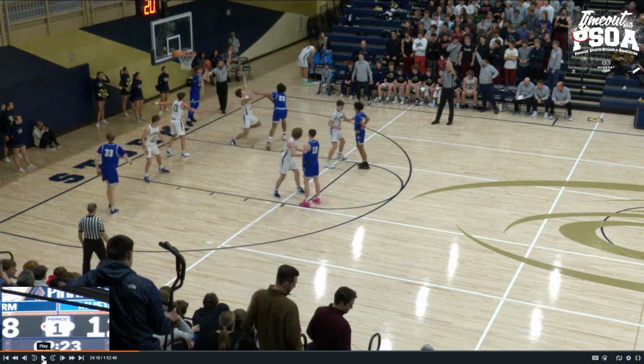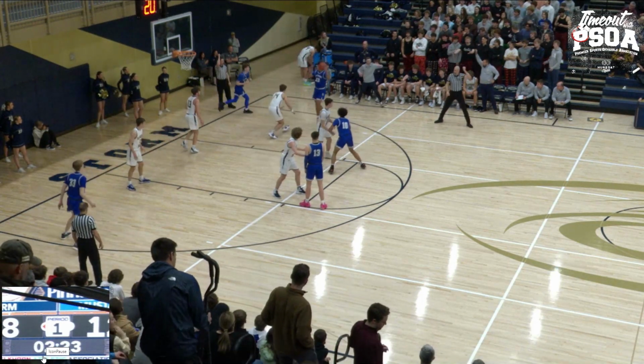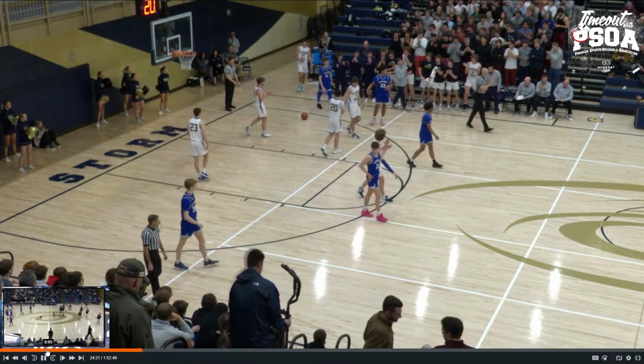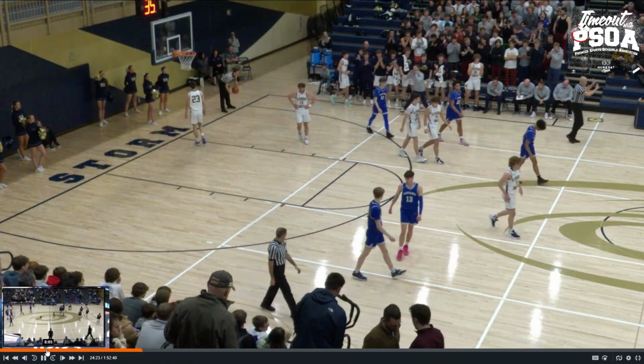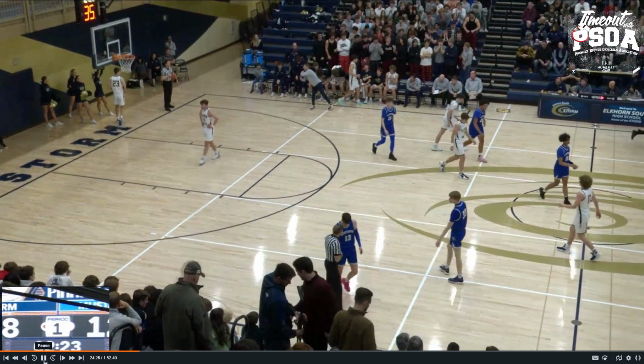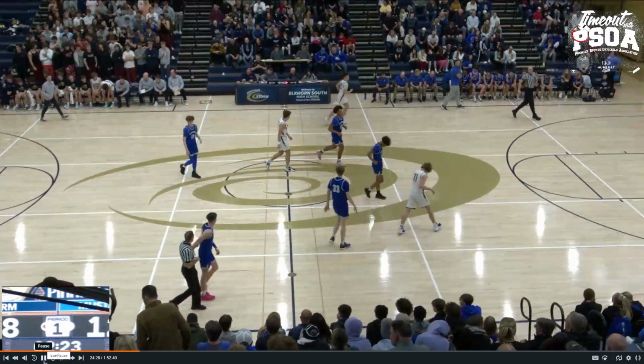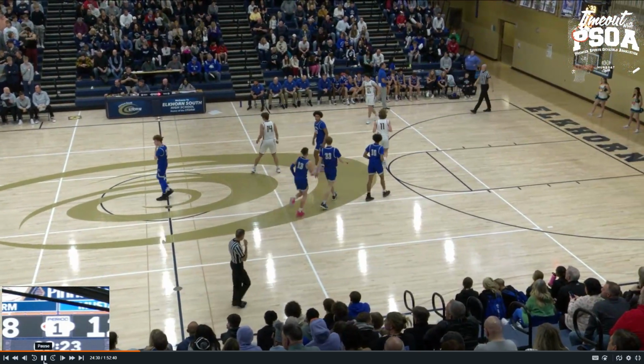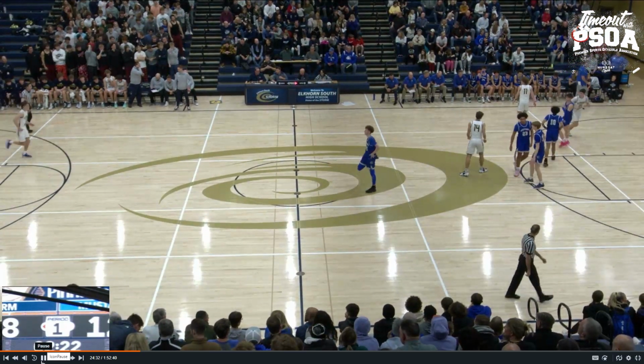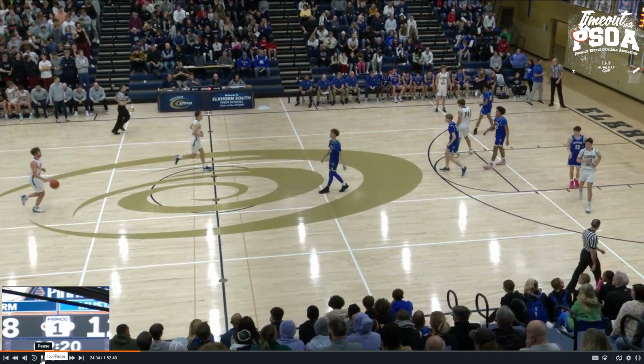So this is one, we should have one whistle on this. All right, the lead official is looking right at it. One whistle, lead official, get it. Good job of getting the push-off team control foul. Even if it was bonus, say this was the 5th foul in the quarter, they would not get a 2 free throw award. All right, now we're going to go down the other end.